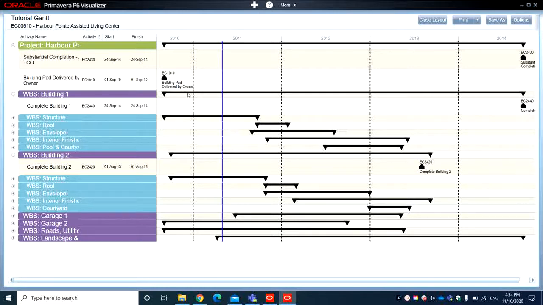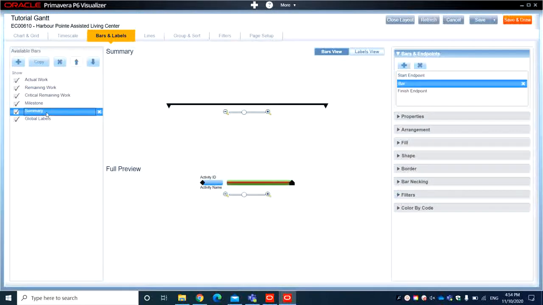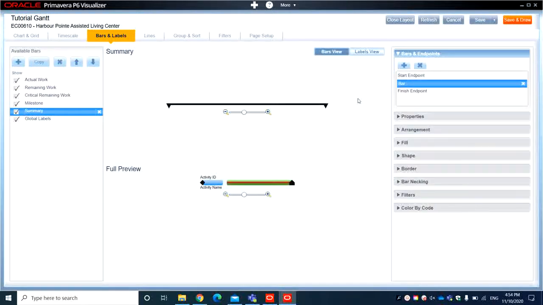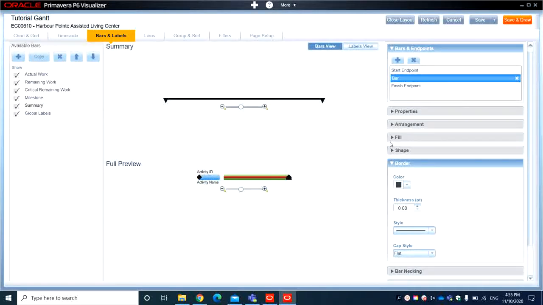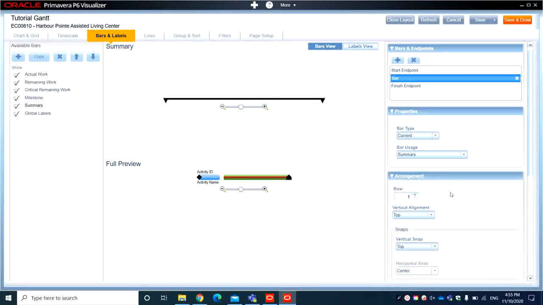So let me show you now how to change the summary bars. We go to bars and labels, you go to summary, then the labels, or the bars if you want. So when you click, you have the start endpoint, the finish endpoint. So on the bar, if you want to change the border and the fill, so first properties, current summary, okay, and then row 1, okay,